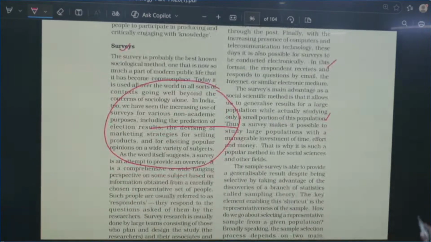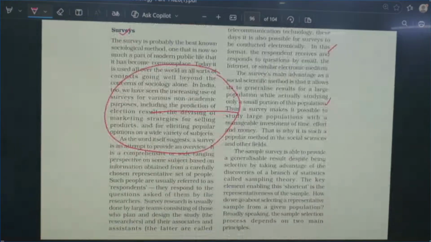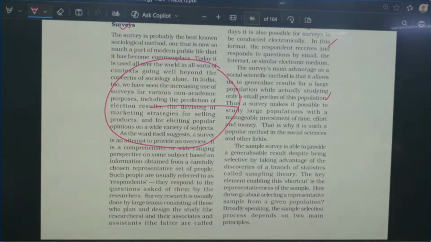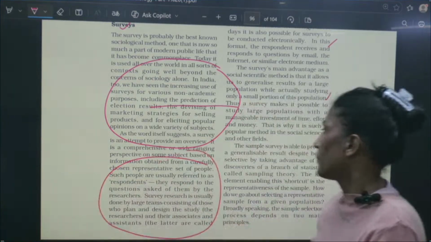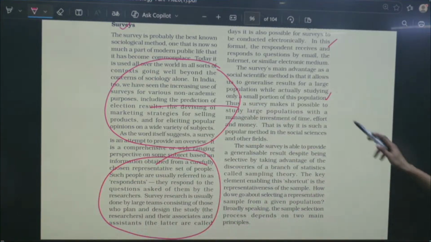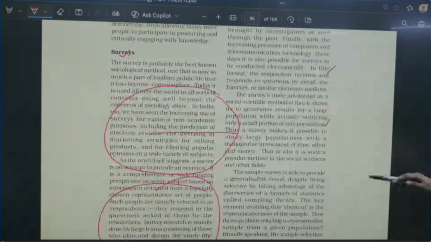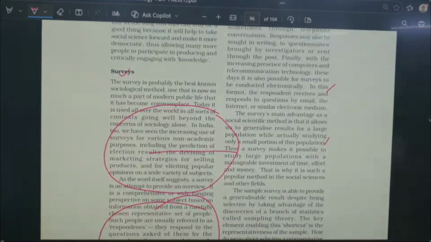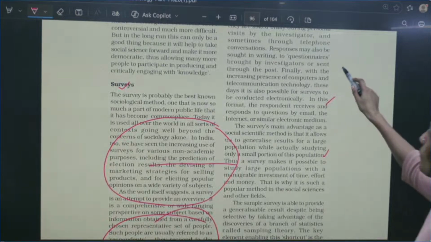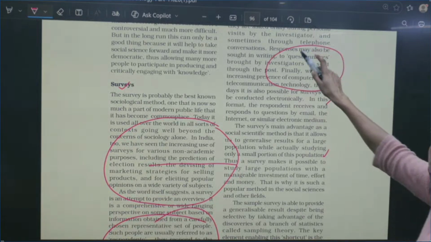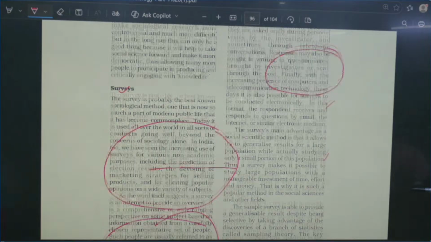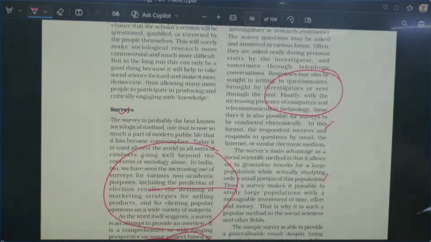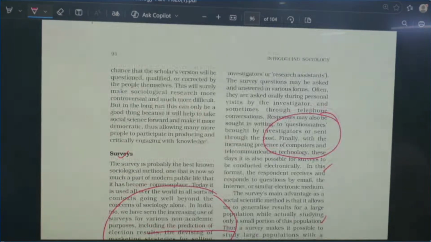So we are conducting surveys, and such people are usually referred to as respondents. They respond to the questions. Okay. Then we are giving them questions or questionnaires. You have got a question on the questionnaire also. Write down the pointers that I am highlighting, so that when you read this, you know what is important.